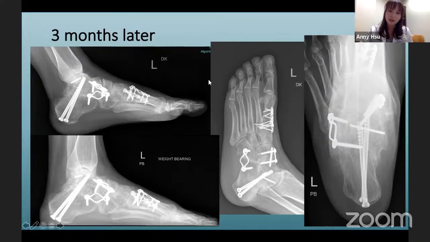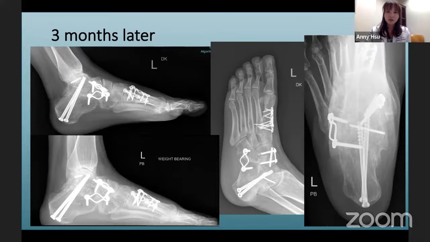So in order to address the fracture, a dual plating, a medial plate was placed, and the first metatarsal was also corrected and fixed onto the base of the second metatarsal. So the patient has fused across her triple fusion, and the overall alignment is better. She's more stable. She's no longer overloading her lateral ray, and her pain has been resolved now 3 months after surgery.